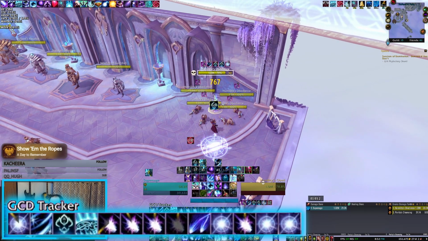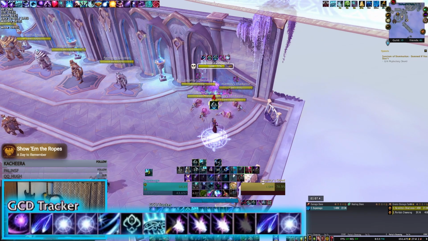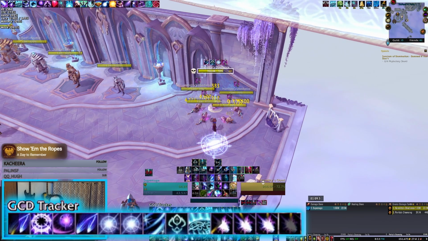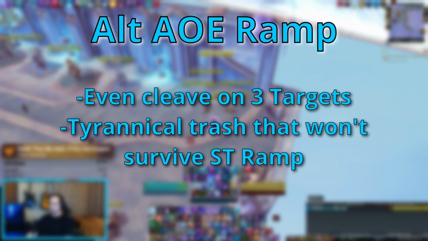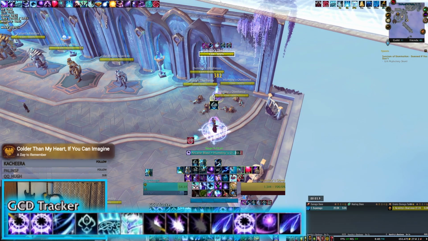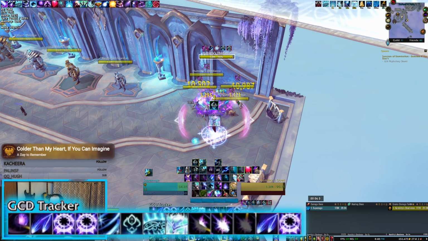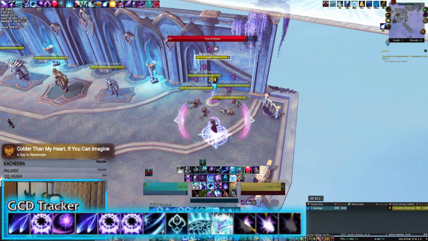Next up, I want to show an alternate AoE rotation and a couple alternate cooldown pairings that I use when I have Magi planned for something coming up sooner than 45 seconds. This alternate AoE ramp is a hybrid between AoE and single target, and is useful in situations where the Magi target has lower health, such as tyrannical trash mobs, or if you're trying to more evenly AoE on a 3 pull. After the opener, you cast 2 Arcane Blasts, Barrage, Arcane Orb, and then Blast Barrage to snapshot the 40%